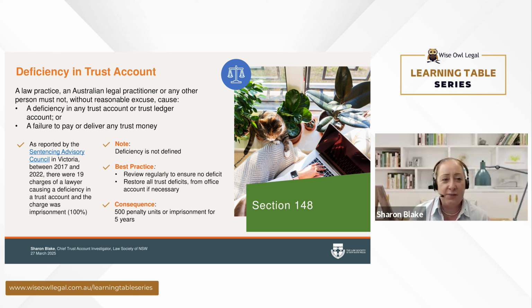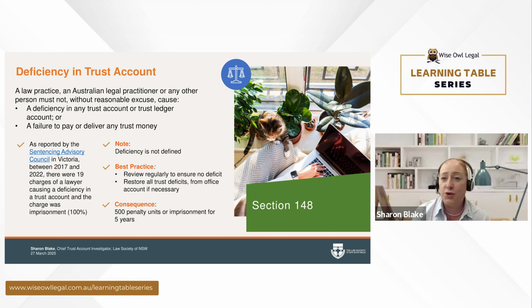Now, deficiency in a trust account. What do you do? Section 148 states that a law practice, an Australian legal practitioner, or any other person must not, without reasonable excuse, cause a deficiency in any trust account or trust ledger account, or fail to pay or deliver any trust money. Now, you will note that deficiency is not defined, but I recommend best practice in this area to include